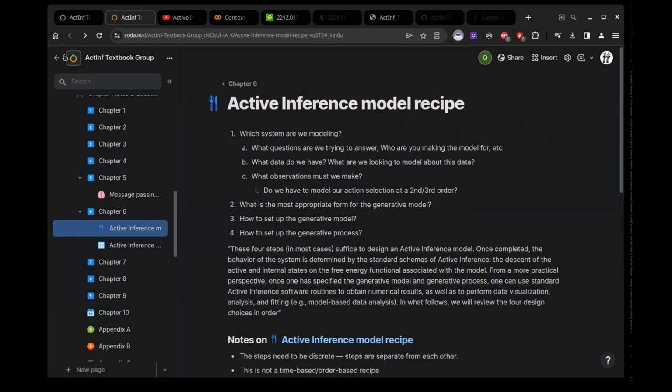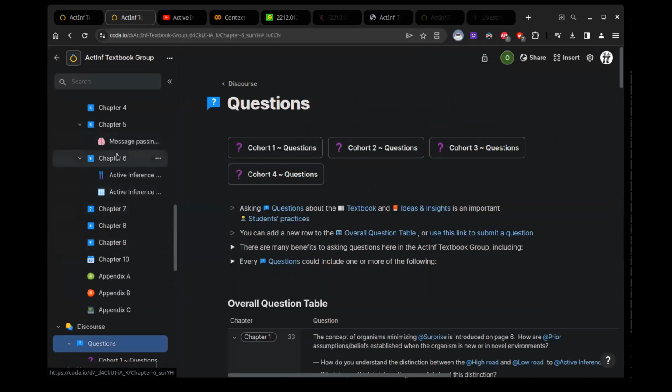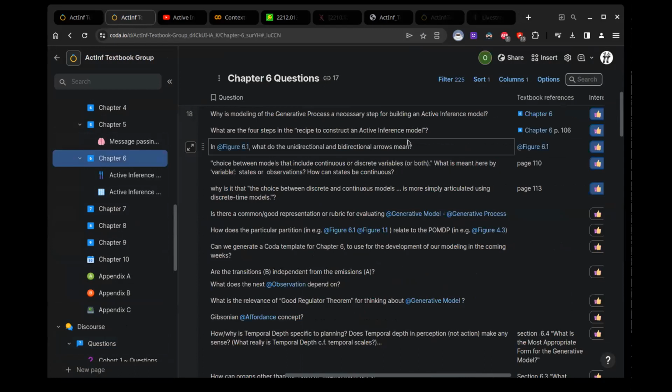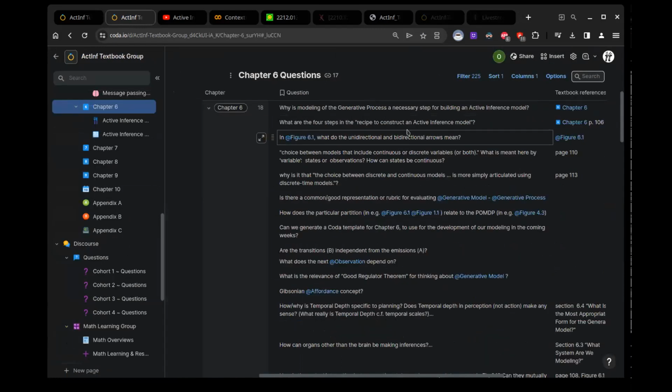Okay, let's go back to the questions. So what are the 4 steps? We just looked through them. Essentially, they're a set of considerations that build the generative model and the generative process.